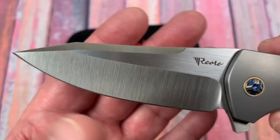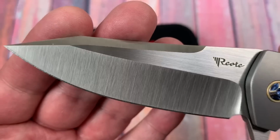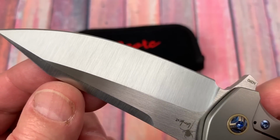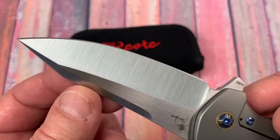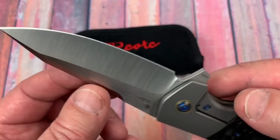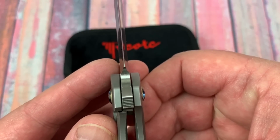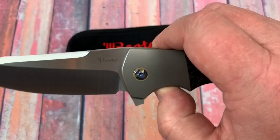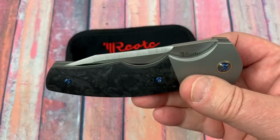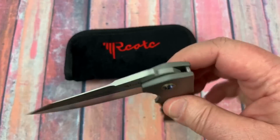Nice grind. Kind of typical Reate, not an overly smooth grind. You got the machining marks there, so it's just so typical to the Torrent and a lot of the other knives that I've handled with them. But I mean, they do a great job. That's a symmetrical plunge on there. The drop is nice. It's really smooth. I don't even think I've adjusted this, and I've had this now for